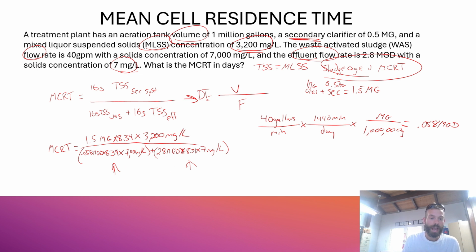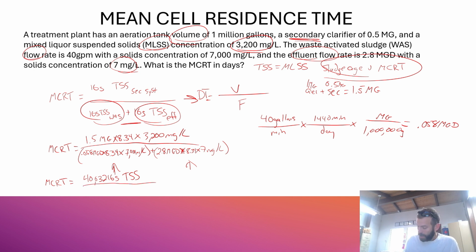What I'm going to do now is go ahead and work this problem out. Because these are down here, you do this math problem, and then you add them together. You don't go straight across, order of operations here. So I'm going to bring it down here, MCRT equals, so we'll do the top first, 1.5 times 8.34 times 3,200 equals 40,032 pounds of TSS in the secondary system, okay? Divided by 0.058 times 8.34 times 7,000 milligrams per liter,